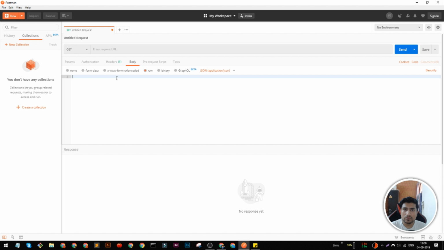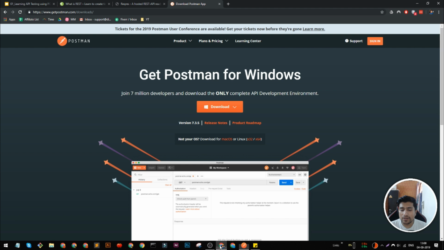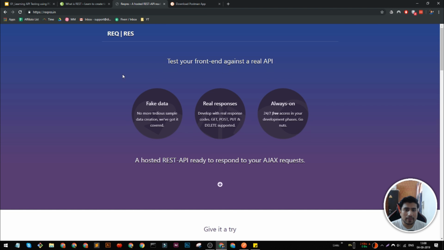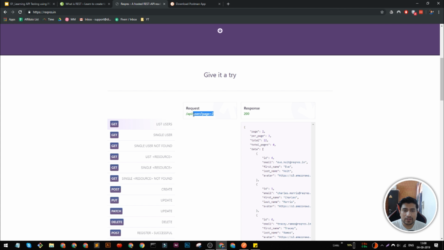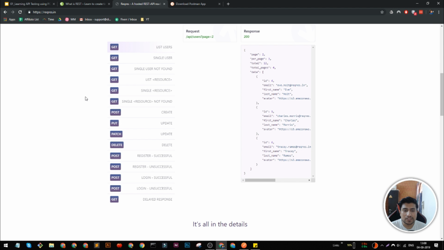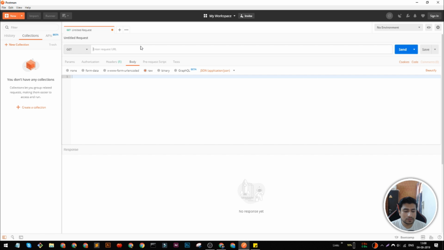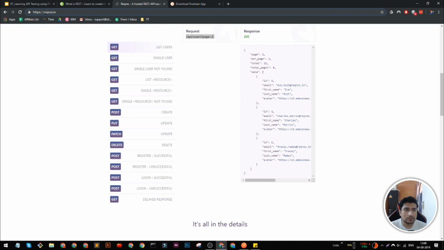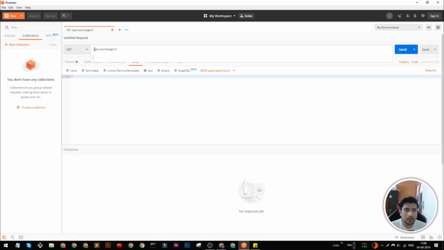I'm going to show you a demo of one of the simplest applications, the simplest demo of GET. Let me go to this URL. It's a fake, if you go to this request response, that is reqres.in, it gives you fake data especially. So if I want to get the data list of users, I can do this, right? I'm going to put this URL and probably this. So this is the simplest request. I'm going to send it.